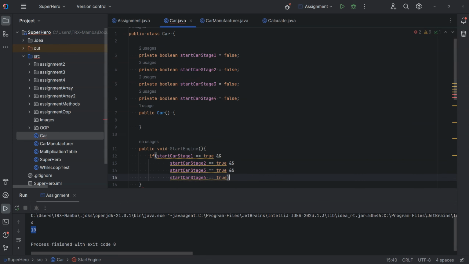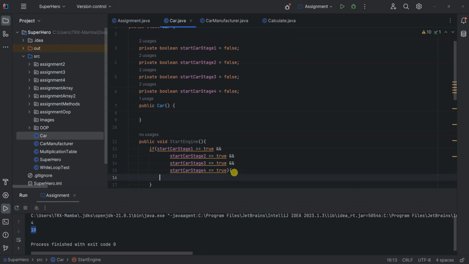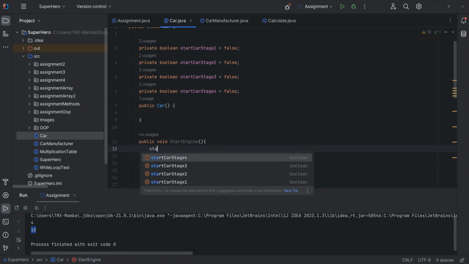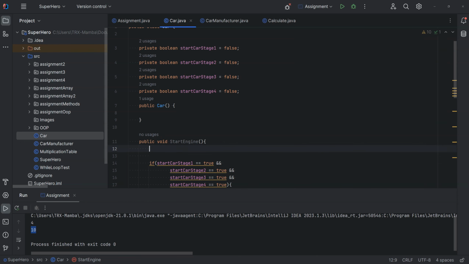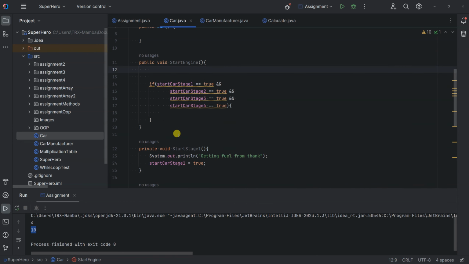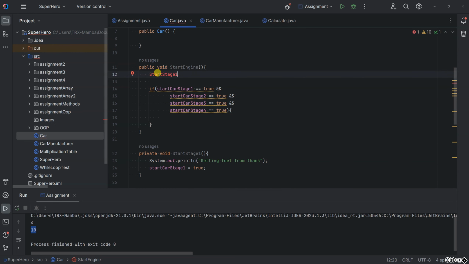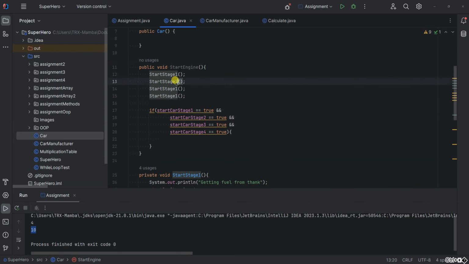Now at the top of it, I'm going to also call my methods. So I'll say start stage 1. Okay, so these are the methods. I'll say start stage 1, duplicate this 4 times: start stage 2, start stage 3, start stage 4. Then here I'll say if all of these are true, then system.out.println